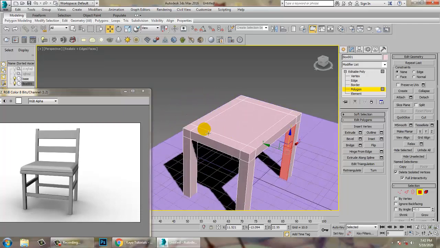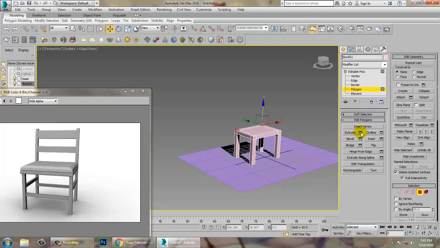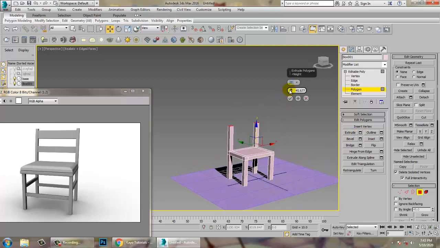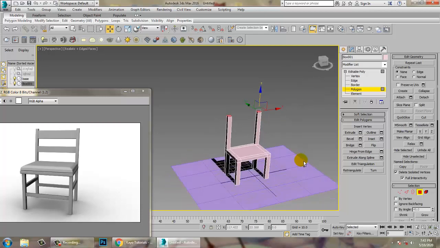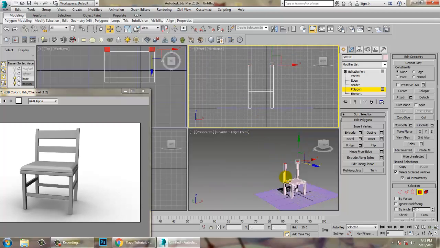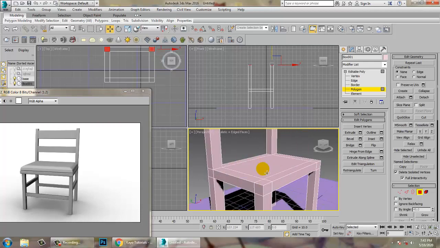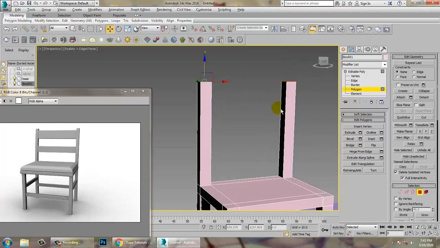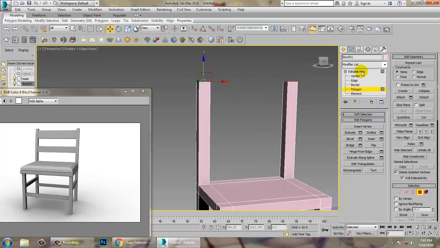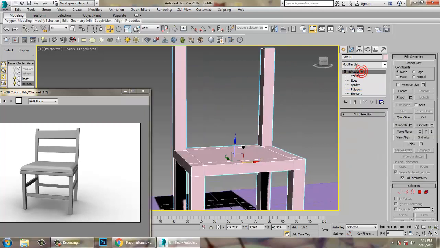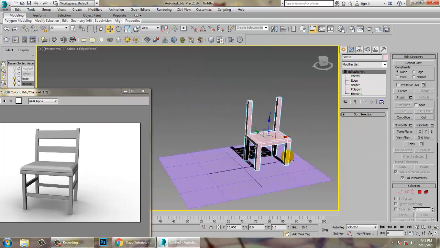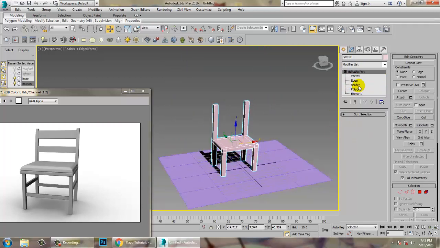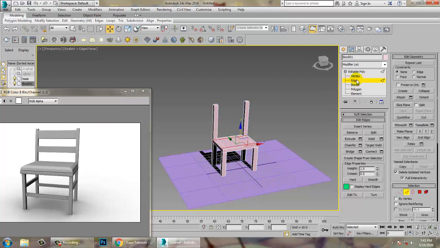Now again select both of these and I'll repeat extrude in this direction and I'll click OK. So if you see this, we have extruded these polygons. First we created this box, then extruded these polygons in an upward direction. Again if I come out of this editable poly mode and I want to move this object, I can easily move it. But if I want to edit it, I need to go inside this and I can edit it.